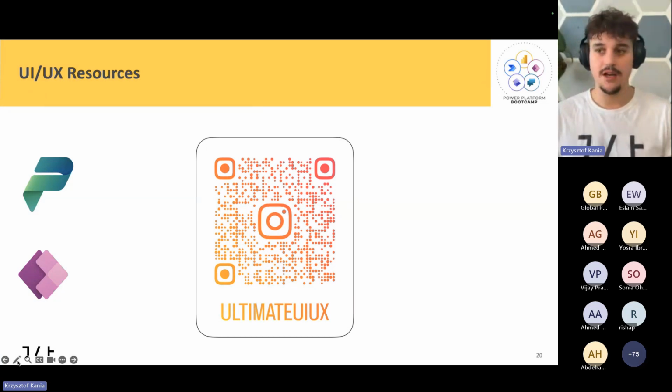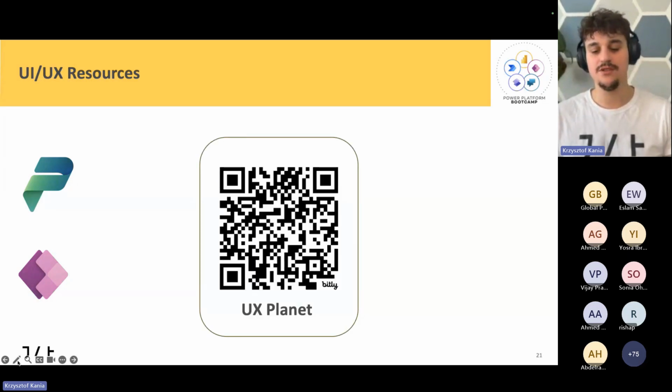All the previous screens that you've seen, the principles, were taken from the Ultimate UI UX. Maybe not everything, because I've also utilized this UX Planet. So this link will redirect you directly to the sidebar navigation article. Well explained what is sidebar, its genesis, where it comes from, how we should use it, and also a few